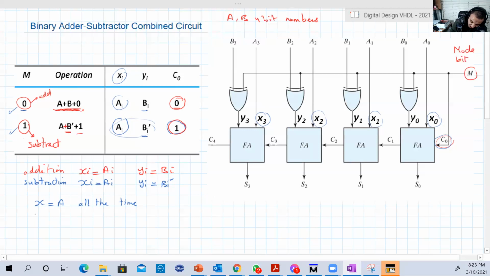You can say that Y is equal to, when M is 0, means M bar or M dash or M prime times Bi, so let's say the Ai Bi, here is Yi Bi. Then when M is 1, so plus M, then multiplied by Bi complement. And you can then verify. If you put M equal to 0,